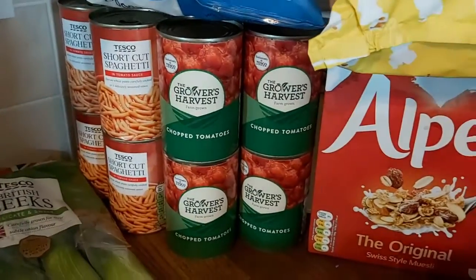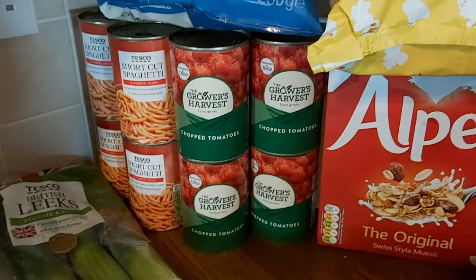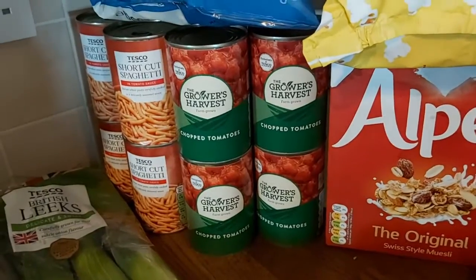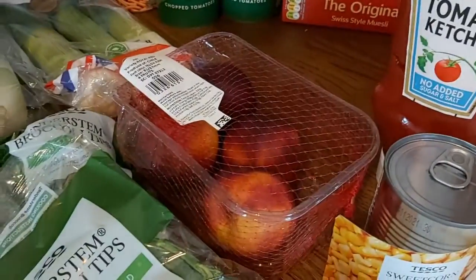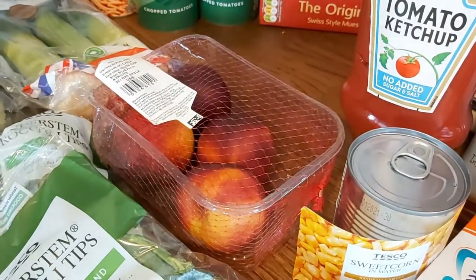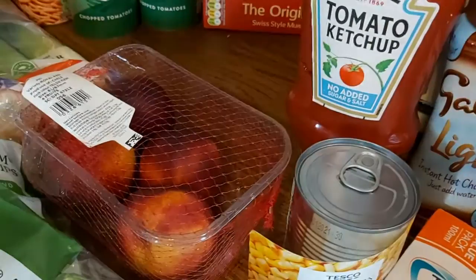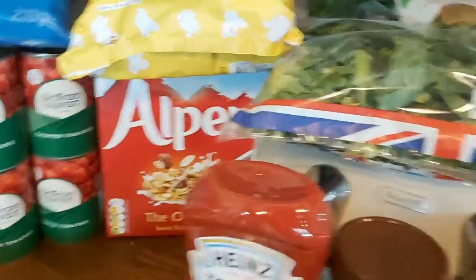Some chopped tomatoes. Now these are not the usual ones I have, but they hadn't got the usual ones, so they sent these. So I don't know whether they're going to be okay. They look a bit watery, but who knows? And some nectarines, and I'm not sure what I'm going to do with them, whether I'll just eat them as fruit. I'd find it hard to eat them as something else, wouldn't I? Or just eat them as a snack, or whether I'll cook them or something. Some Alpen, and then